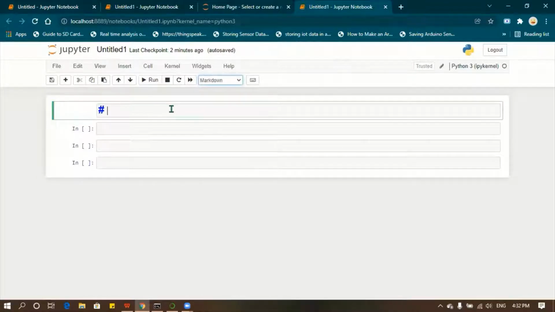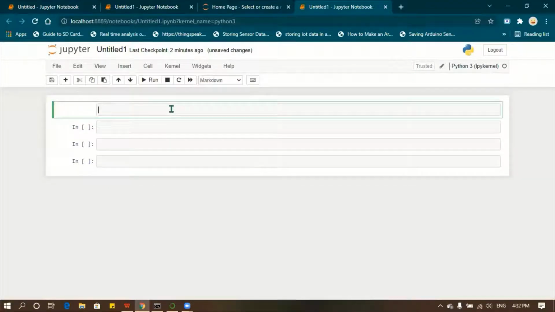With markdown you can simply type any content here. You don't need to use any symbols at the beginning. You can search for the markdown cheat sheet or markdown tutorial, and there you will understand what these things are. Where can we use markdown? You have seen the readme.md file in your GitHub, right? That .md denotes markdown. In your GitHub, if you want to add any content, you put it in your readme.md file. There you can use markdown.